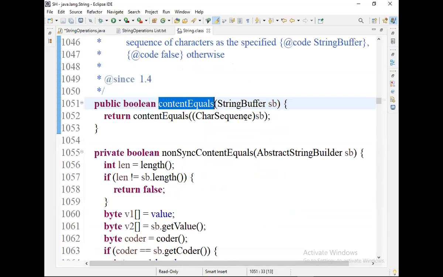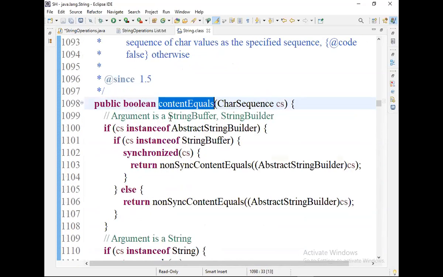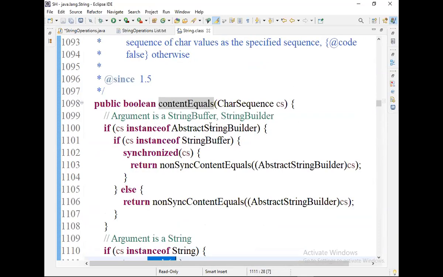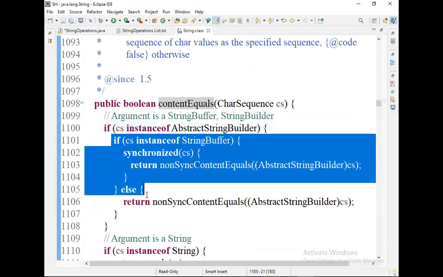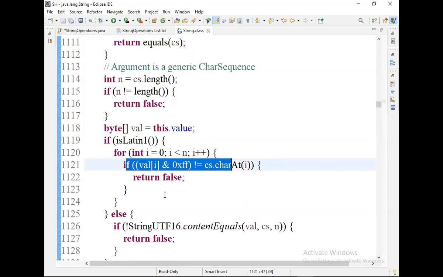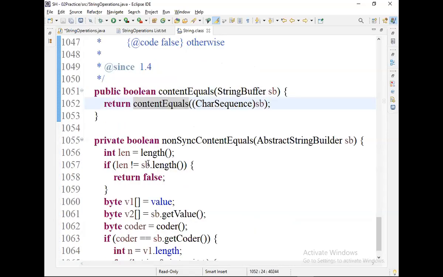But in the background it is only doing that. There is a lot of logic written, and finally the comparison logic is simply character by character comparison.